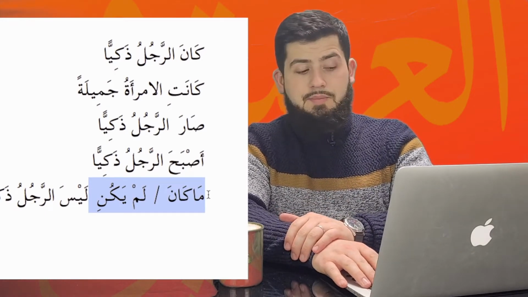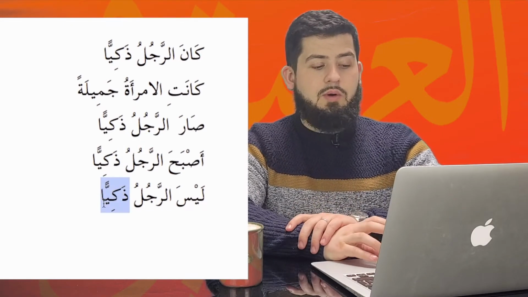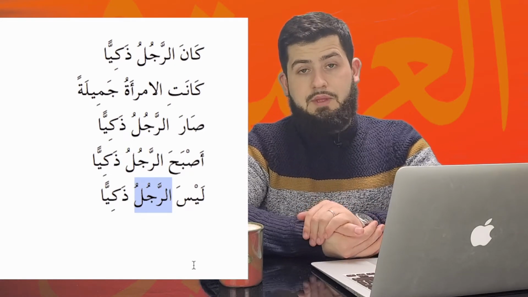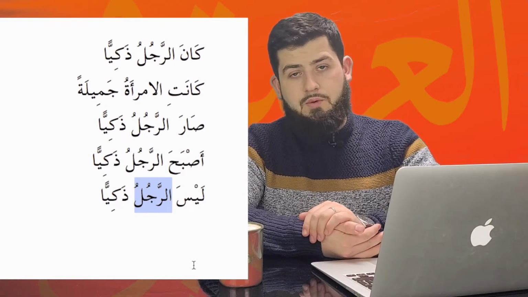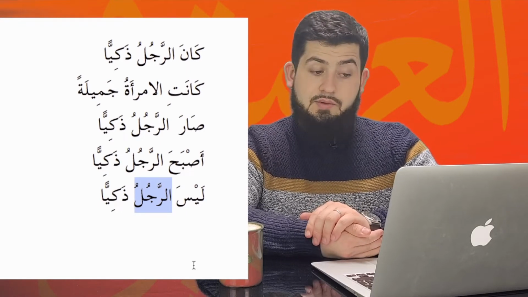But the point of this lesson that you need to remember is that ليس behaves the same way that كان does, in the sense that its خبر is منصوب. This describing word at the end is منصوب. This bit that's before it, the الرجل, we call that the ism. The ism of كان is مرفوع, or has a dhamma on the end. Really nice. So those are really important.